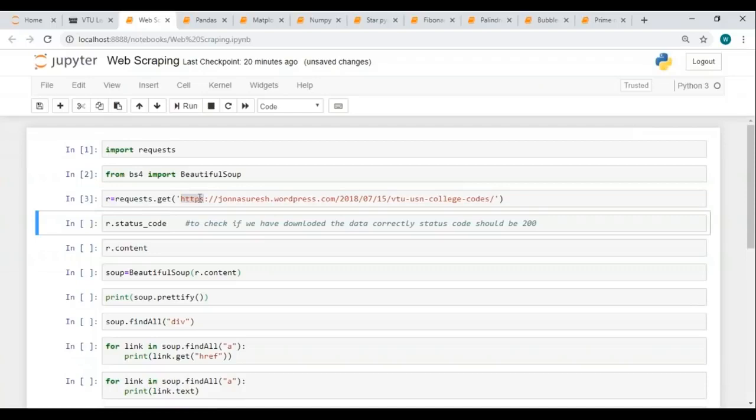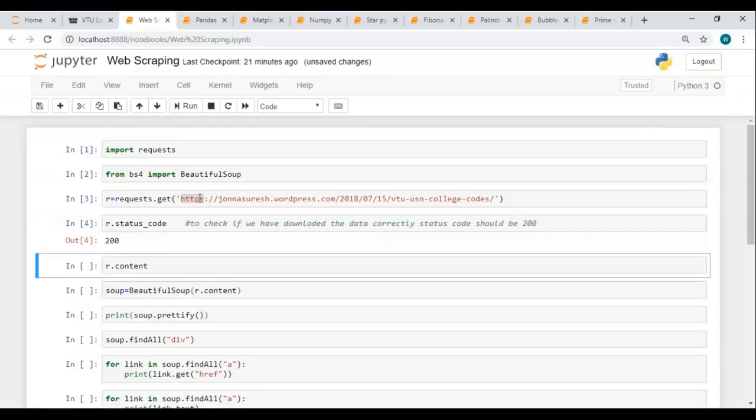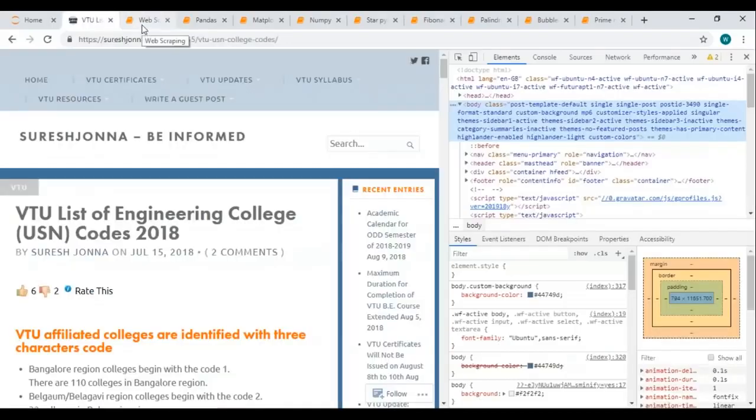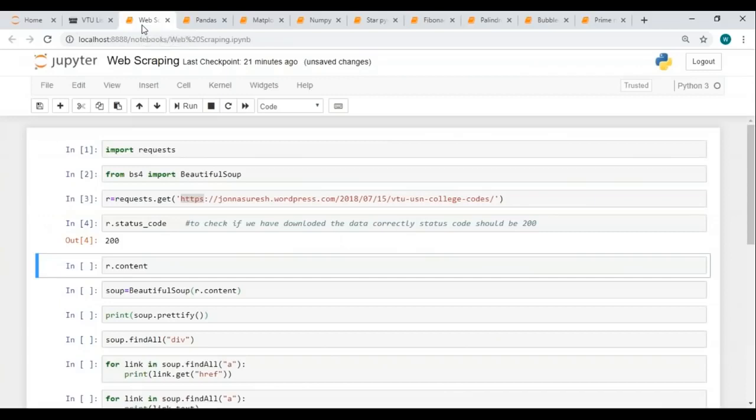The first thing after doing this is to check for the status code. Now what the status code actually tells is whether that site is going to allow you to do web scraping or not. Many websites actually do not allow web scraping. And in today's session, we are doing it purely for educational purposes. So now let me check the status code of this. As you can see, when I check the status code, it has returned 200, which means I can scrape this website. If the output returned is anything other than 200, it means that the website is not allowing you to do web scraping.